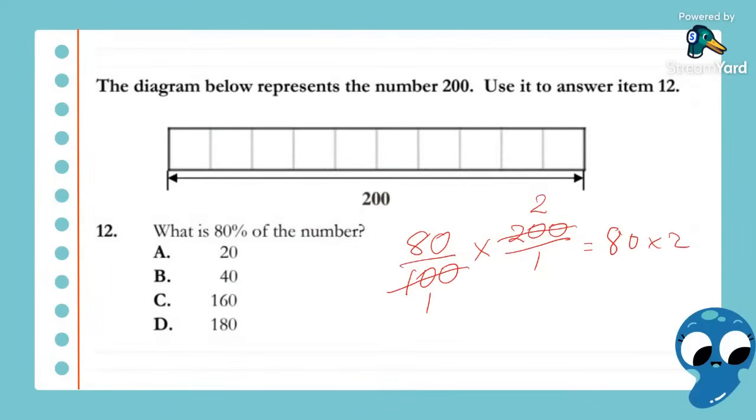What is 80 times 2? I can see Malik showing all of this explanation there in the chat as well. Good job, Malik. Good job, Andre. Good job, Shanieka. Very nice. All right, so 80 times 2 would be equal to 160. So if your answer, what is 80% of 200, is 160, you are correct.